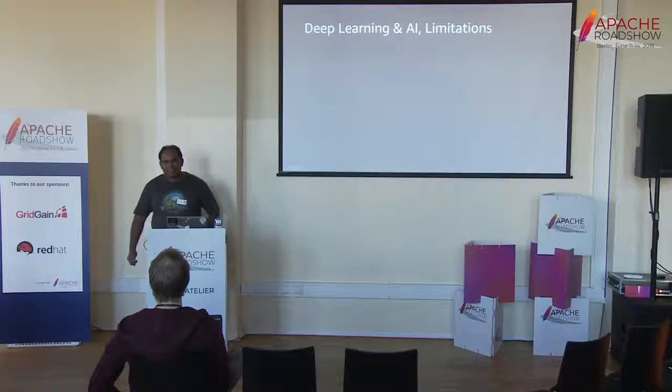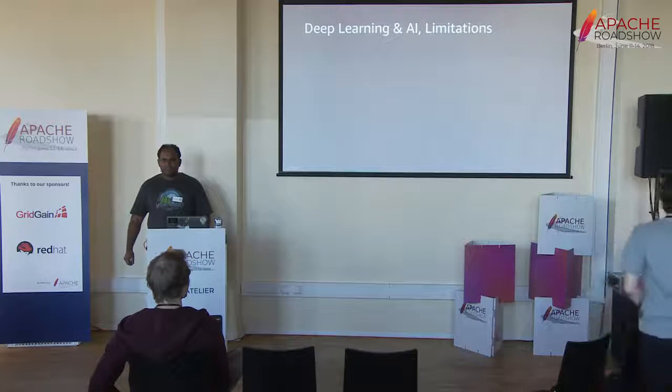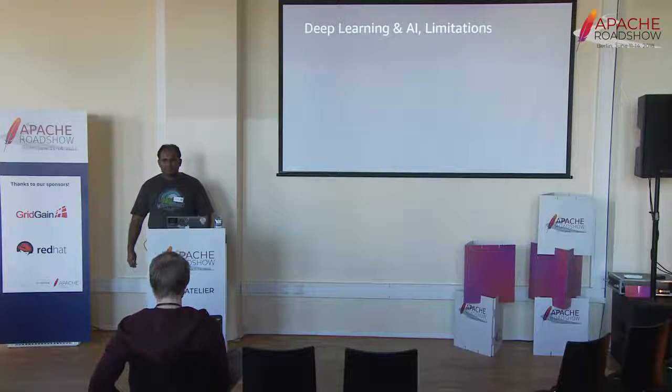So let's see where deep learning falls in this broad category. Sorry, maybe it's not a relevant question, but you say the machine had to play millions of times. How fast did it have to play? Like in a shorter time than a human being? No, it took a couple of days or weeks. I don't know the exact number, but it's not really. Yeah, you're right that you can power up compute and feed it, but to solve problems, you need much more than just being able to play so many times, right?